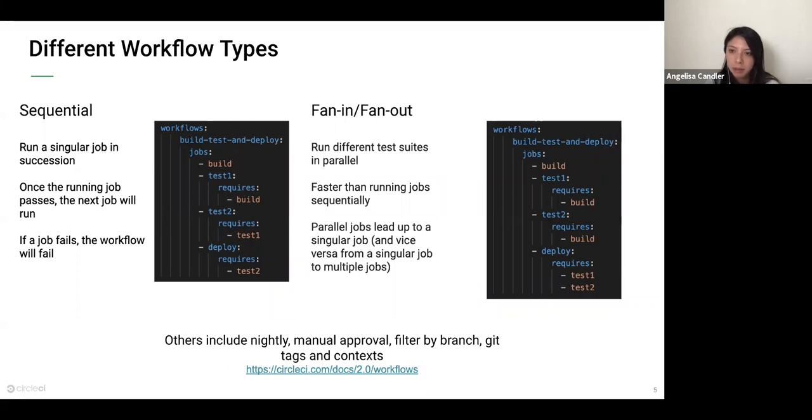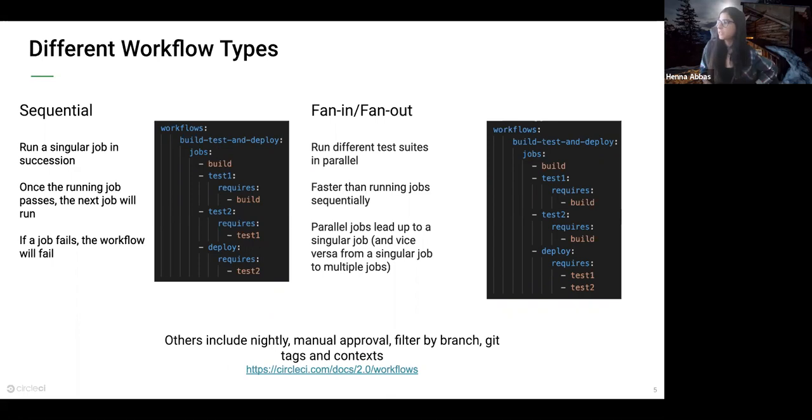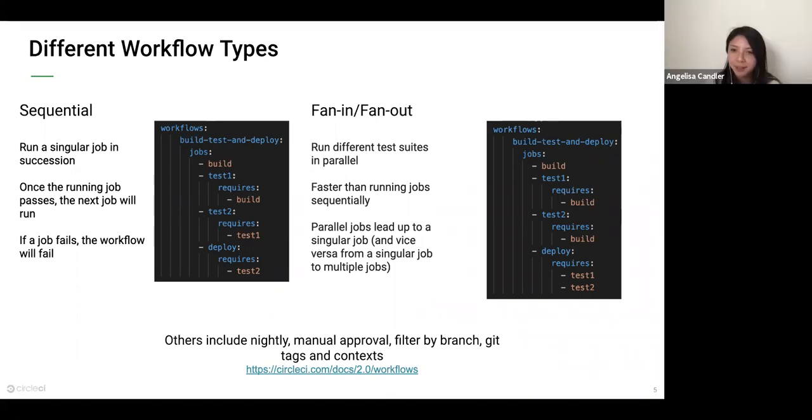Yeah, our next question is, is there a way to run certain workflows and steps in them on a local dev machine? Are you able to run your config locally? Can we? That's a good one. Yes, you can. You can run your jobs